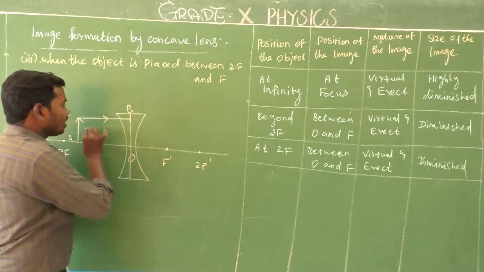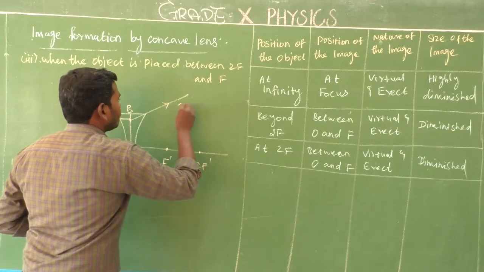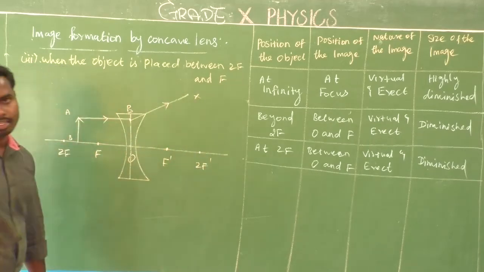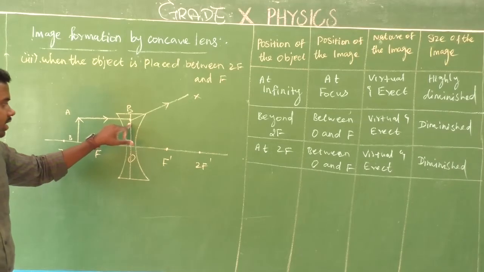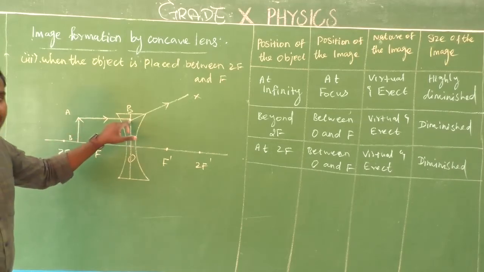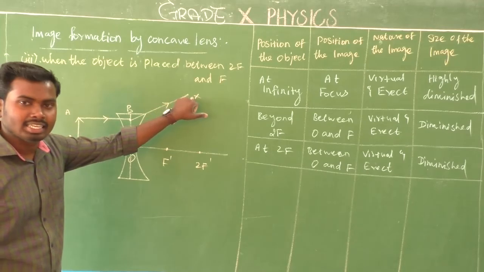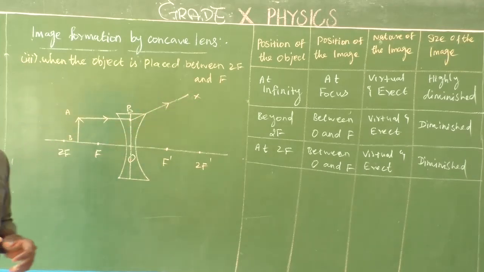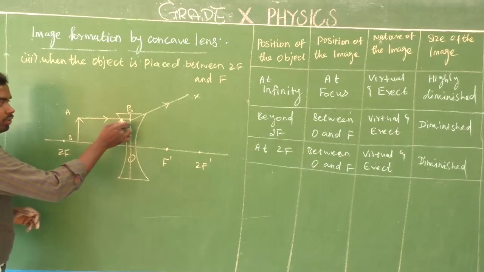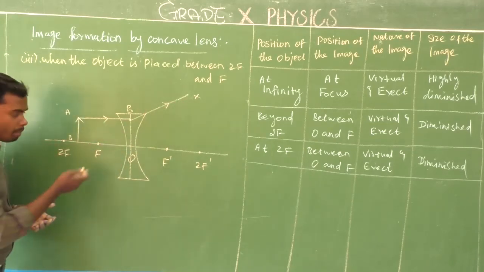After refraction, the ray of light AB changes direction like this. Consider this is BX. Refraction takes place at the point B. After refraction, the direction of the ray of light AB changes; actually, it diverges into BX. Is it clear? So BX is a refracted ray. Alright, refracted ray. Is it clear? Yes. So if we extend this refracted ray BX at the back side, it appears to be coming from its focus.